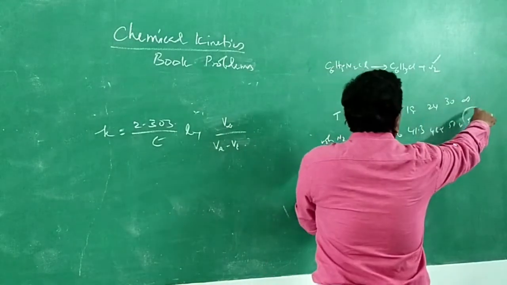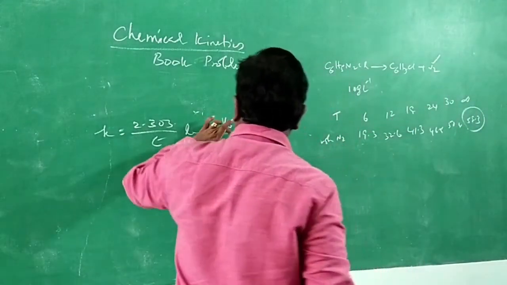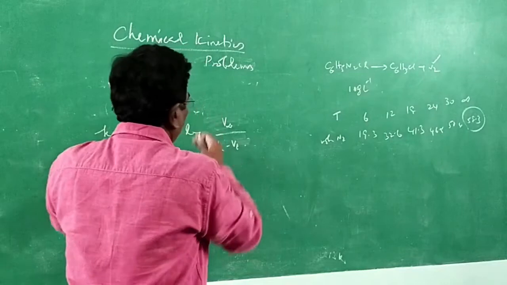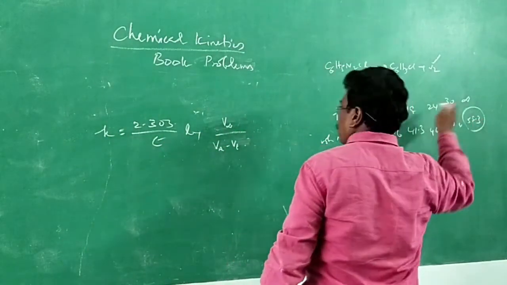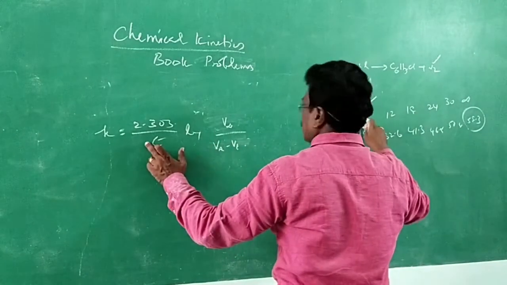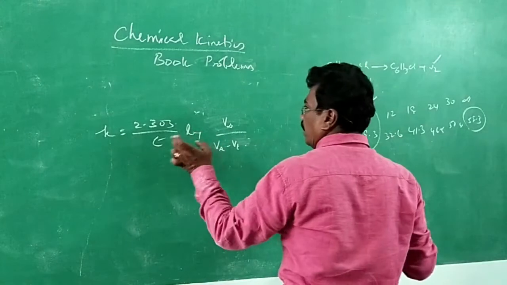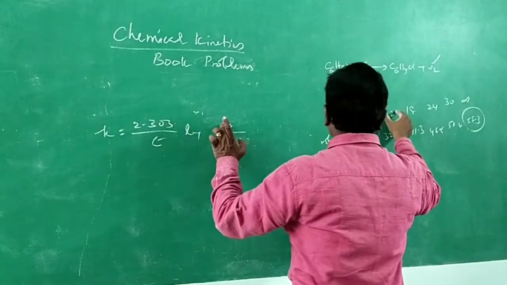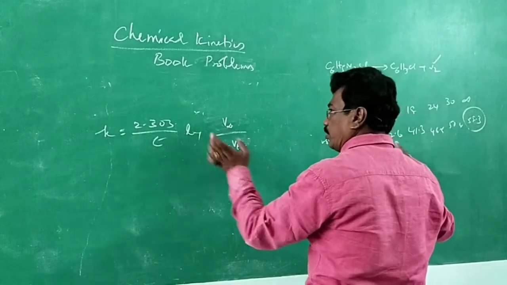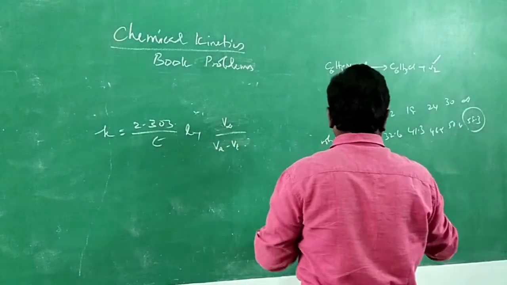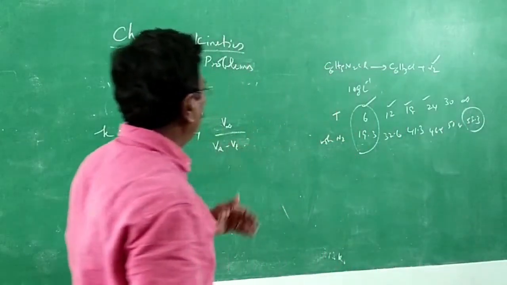It is initial concentration, it is reacted in time t. If you subtract, you will be getting concentration remaining. So, in each step, at 6 minutes, V infinity minus Vt. You have to substitute 6. That is, you will be getting one rate constant. Again, when t is 12, V infinity and then V infinity minus Vt. If you substitute, you will be getting another K. Likewise, 1, 2, 3, 4 K values you will be getting. The average will be giving the rate constant.